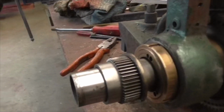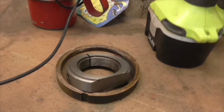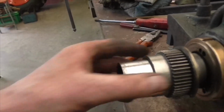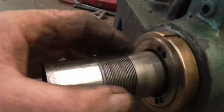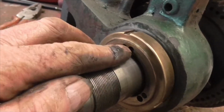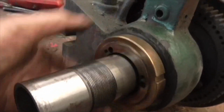Right folks, at the rear, once we remove the clamp screw and collar, we then remove the gear. A slight tap on the end of the shaft freed the gear off, so the gear is off. Then there is a thrust washer, then there is a key which has to be removed from this shaft, and then the same as the front, there's a grub screw and a cheese head screw. And once those have been removed,